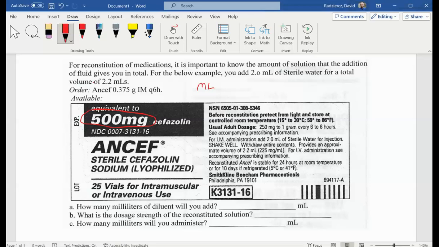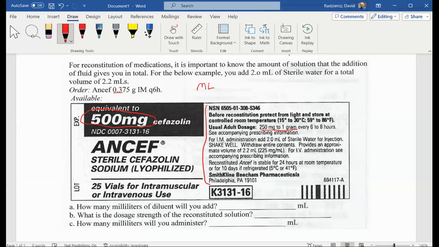And so what you're looking for in the instructions is that same relationship that I mentioned before with Dilantin, 125 milligrams per 5 ml. You're just looking for this strength. Okay. And so you come over here to the side, and you're looking to see where it tells you. So it tells you our usual adult dosage range is 250 milligrams to 1 gram every 6 to 8 hours. The main reason you would want to know about that is because you want to make sure it's been ordered safely. And so if I go back and I look at my order